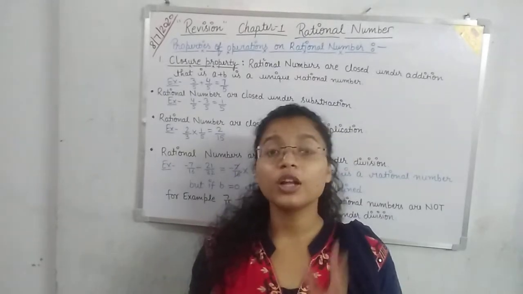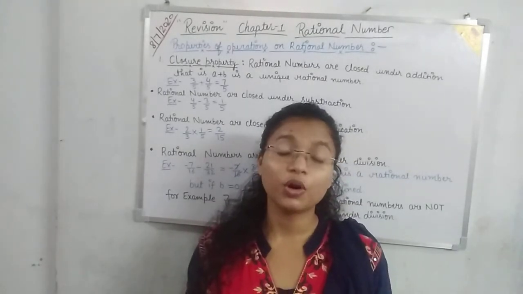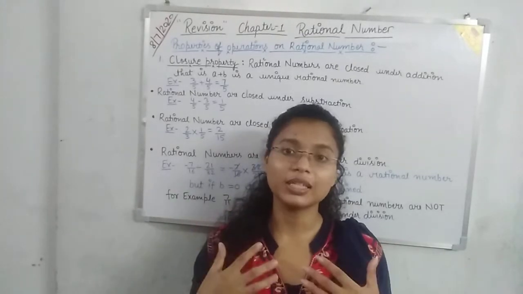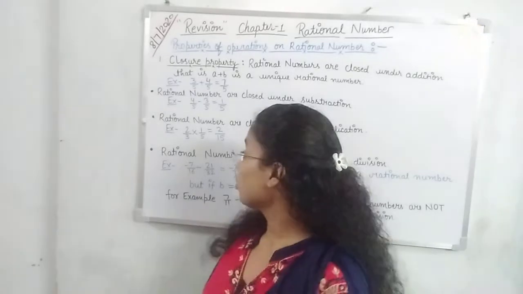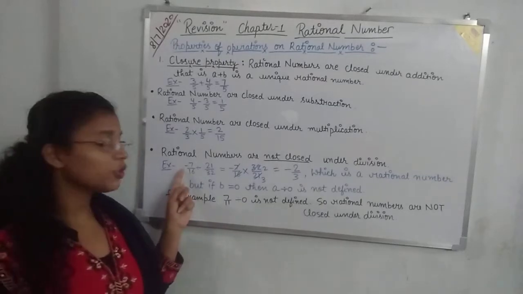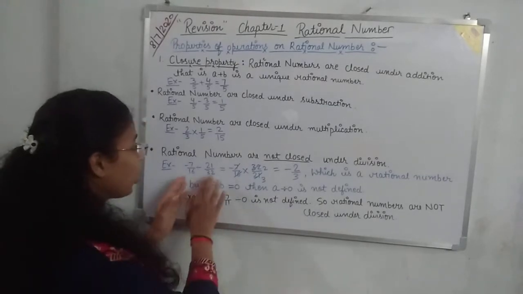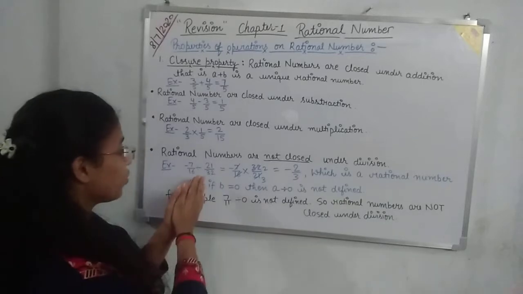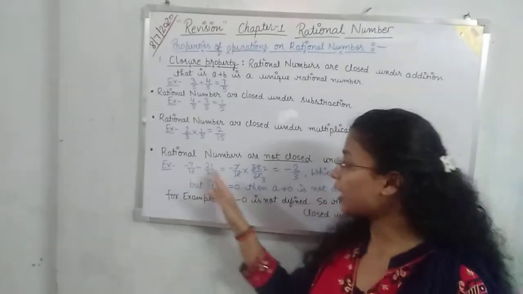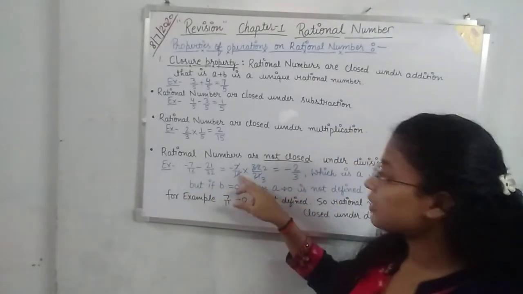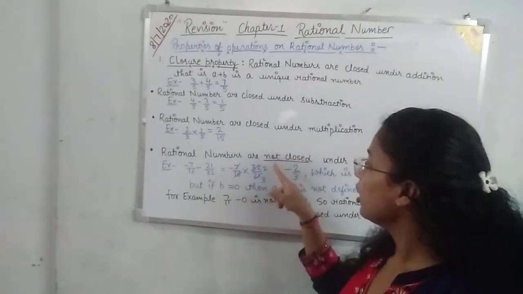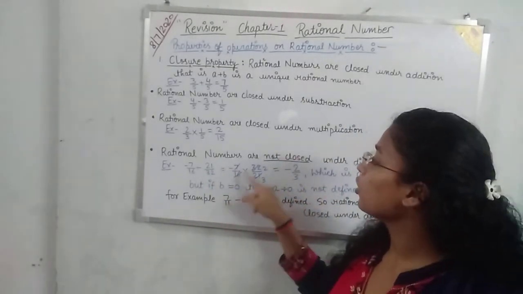Students, first of all you have to learn all the properties, because the properties are very necessary when you are going to solve the exercise. So rational numbers are not closed under division. How? Let's start. Suppose minus 7 by 16 is a rational number and you have to divide it by another rational number, which is 21 by 32. How will you divide them? When you change the sign of divide, the second rational number will become its reciprocal. Minus 7 by 16 will be as it is, then multiply, and 32 by 21. Now both can be cancelled.